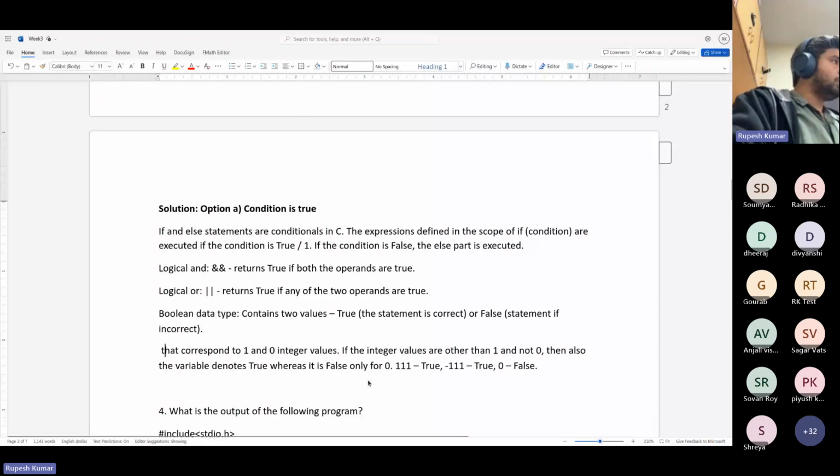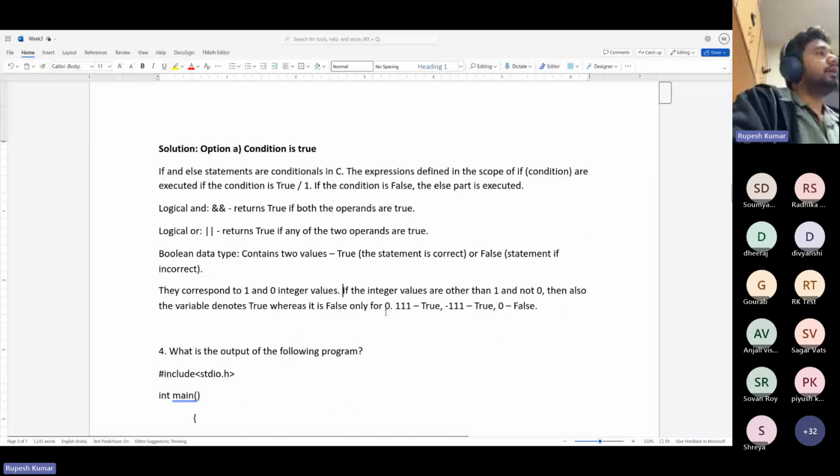They correspond to the integral values of 0 and 1. So true also means 1 and false means 0. But there are cases where the C compiler also allows other values other than 1 and 0. If you find an integer value that is not 0, then it corresponds to true. If the integer value is 0, then it